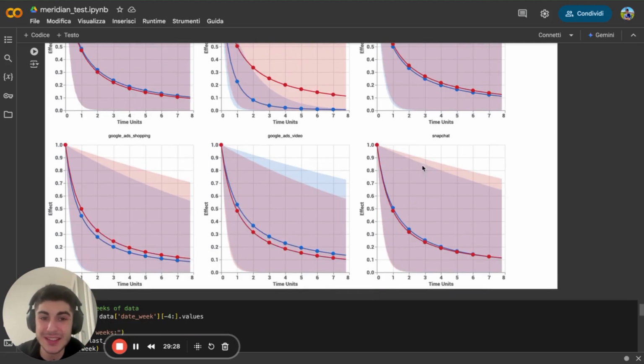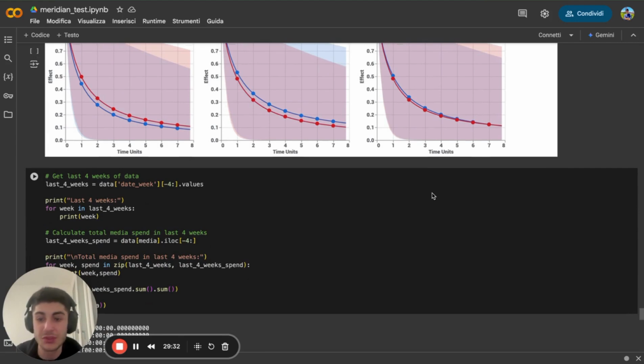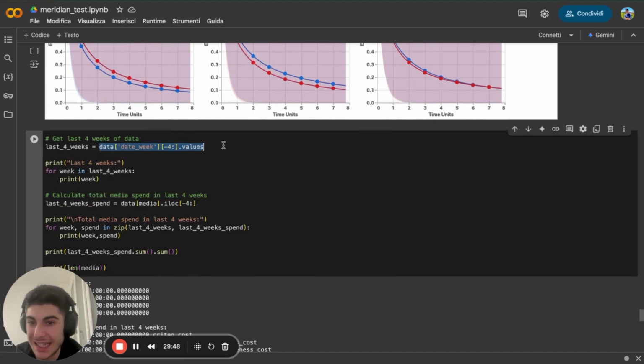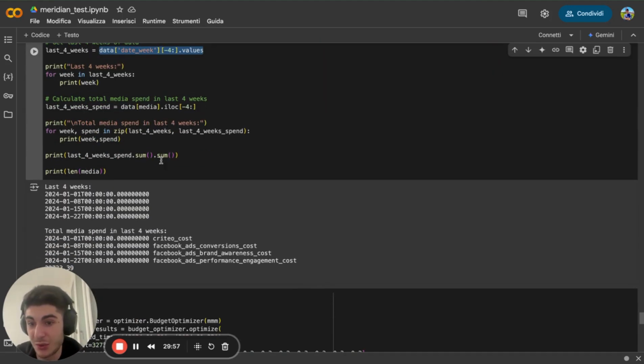Now, analyzing the diminishing returns curve and the ad stock effects, we want to start planning the budget. If I saw this model personally with Cassandra, I wouldn't use the budget allocator right away. But for this purpose and for this video, I'm going to use it. What I want to see is how to plan next month's budget. So what I do is get the last 4 rows, the last 4 weeks of media variables, and sum the spend in order to understand how much I've spent in the last 4 weeks. And I've spent